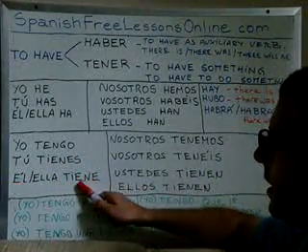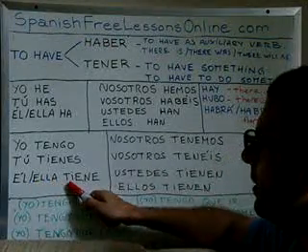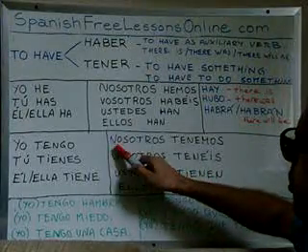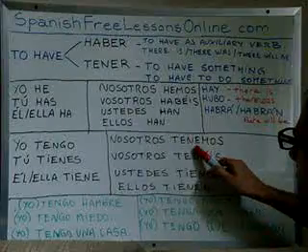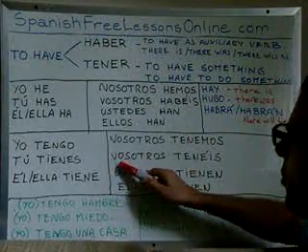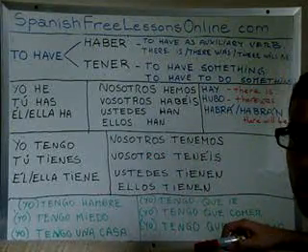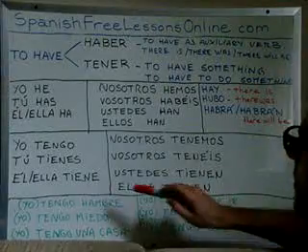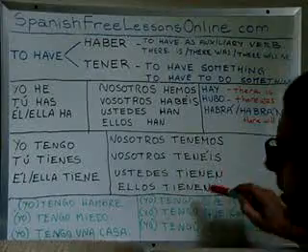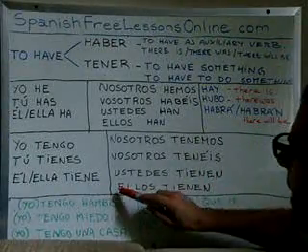Él tiene. He has. Or ella tiene. She has. Nosotros tenemos. We have. Vosotros tenéis. You have, plural. Ustedes tienen. That's also you, plural. Ellos